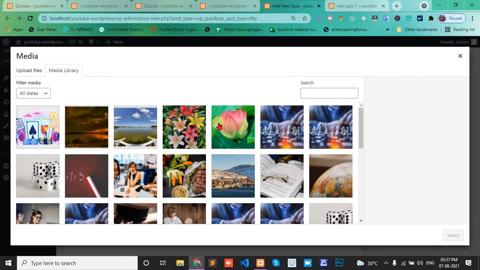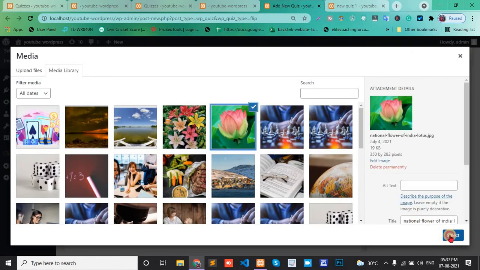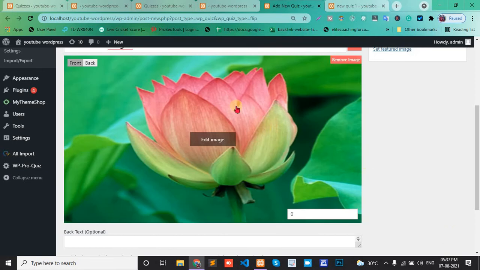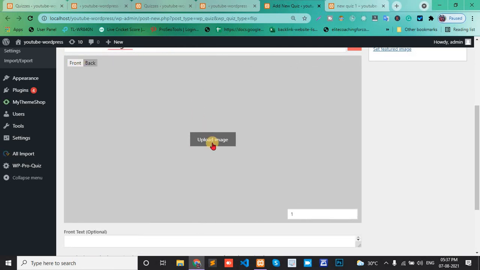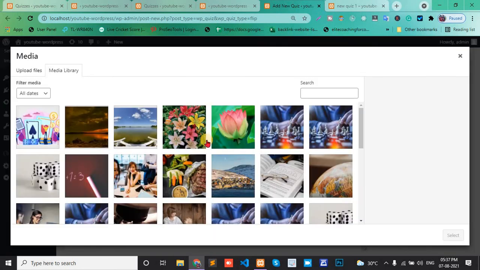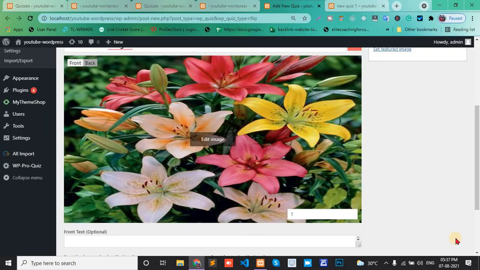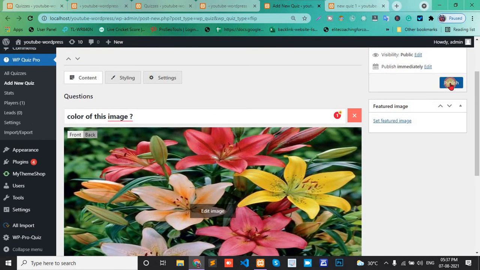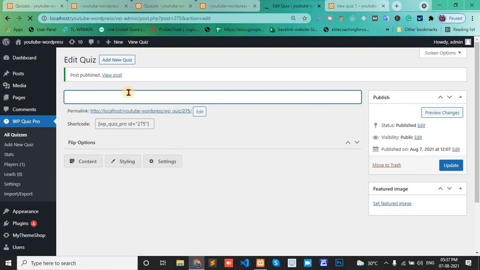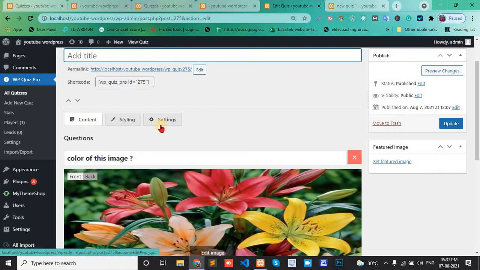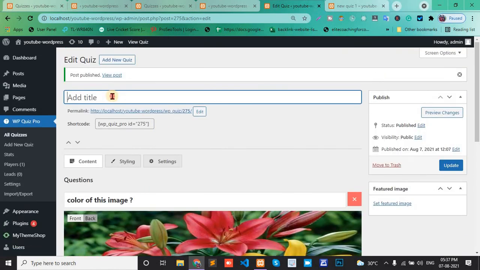For example, when the user clicks the lotus, then credit 0. And when the user clicks the lily, credit 1. Publish. You can change settings for your requirement.